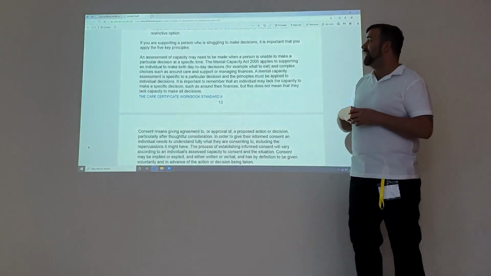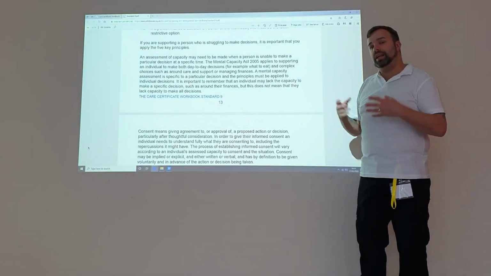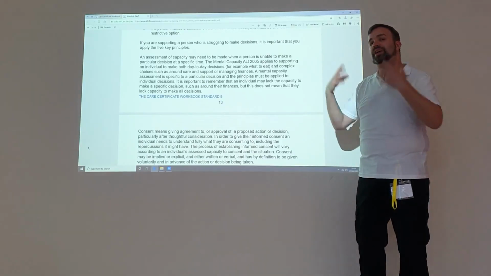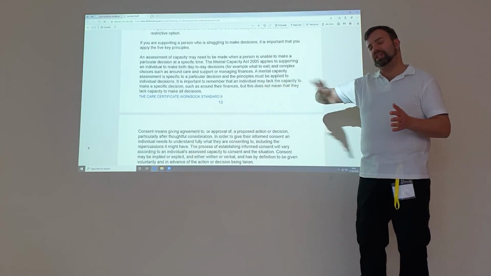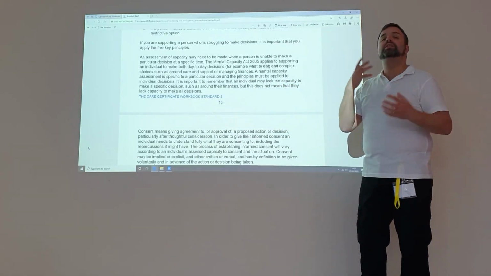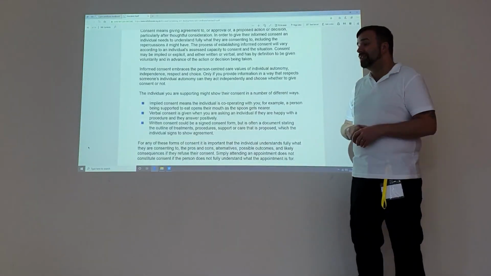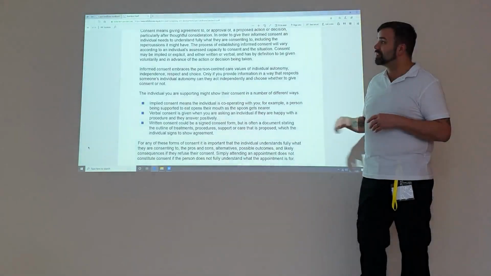So the mental capacity is part of the Mental Capacity Act. The nursing team and psychology teams will do the assessments and they'll obviously let you know. But what's important is capacity is fluid and it changes on a regular basis. So it's important that we're aware of that. And again, for us to have consent, we need to be aware that that also changes continually.